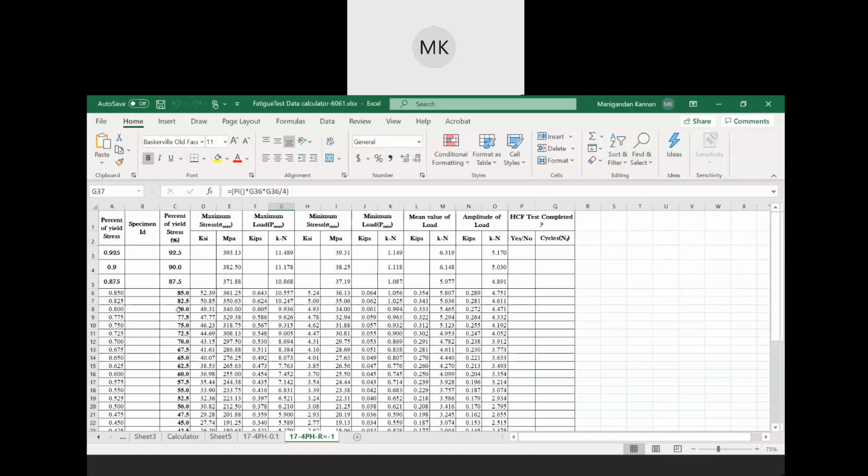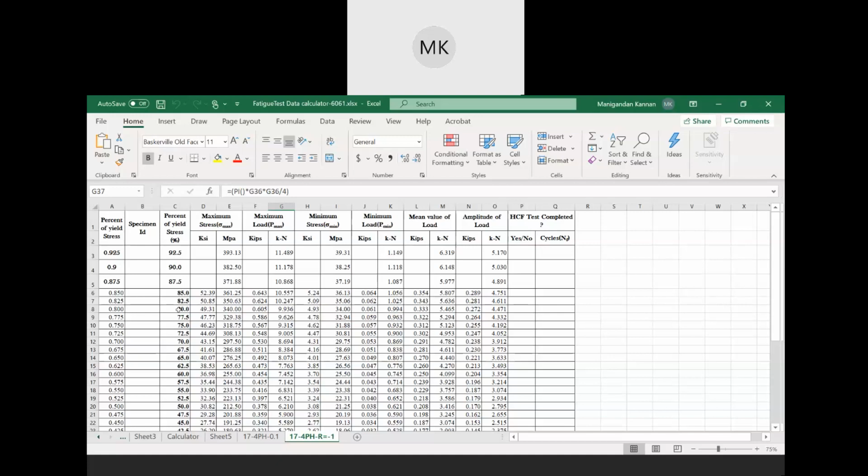And if it goes like 50,000 cycles, then I'll do another one at 70 and then another one at 60 and find out all the variants of the way the stress works. And then after I have the basic one from 90 to 50%, I'll start filling up the curve between them and try having a curve from 90% to 50% with like 10 to 15 samples so that I can have